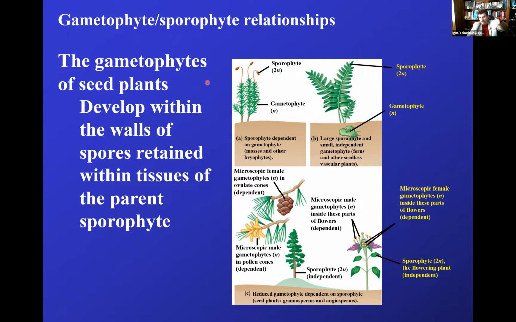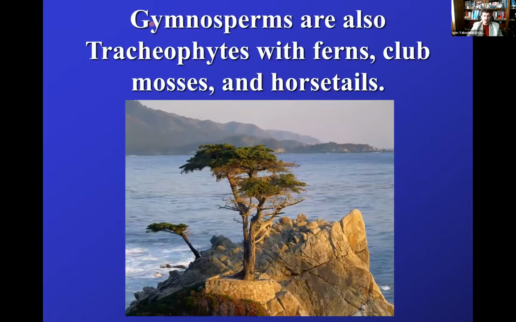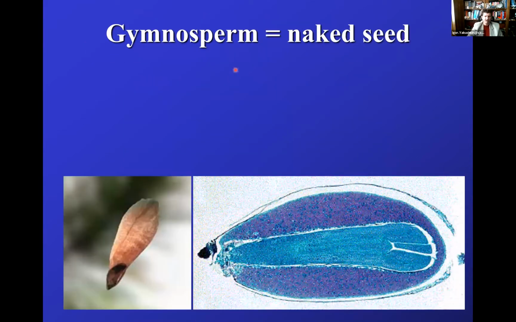So this is one of the very important trends in plant evolution. Gymnosperms are also tracheophytes. Tracheophytes means vascular plants, and you're looking at the gymnosperm right here, a pine tree. That's one of the most common ones. Now, gymnosperm is naked seeded. Has anybody tried pine nuts? Pine nuts are the actual nuts from the pine tree, a very specific type of pine tree, but any kind of pine nut will have a cover, even though it says naked.